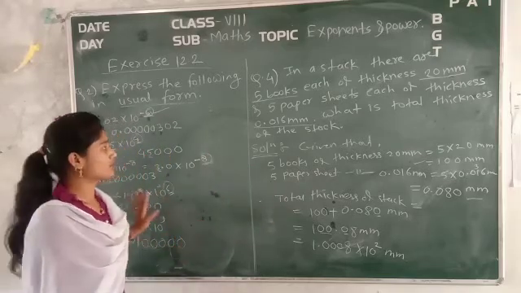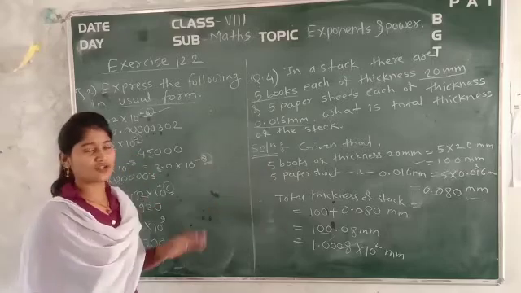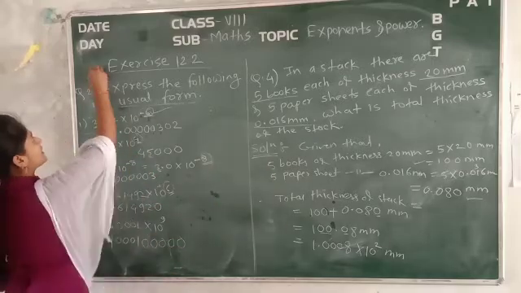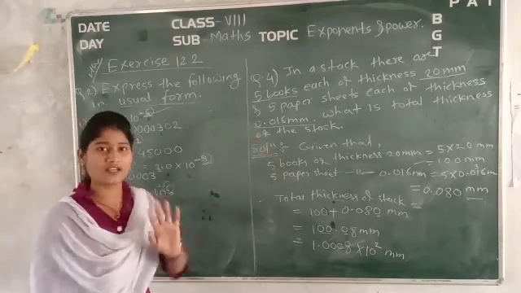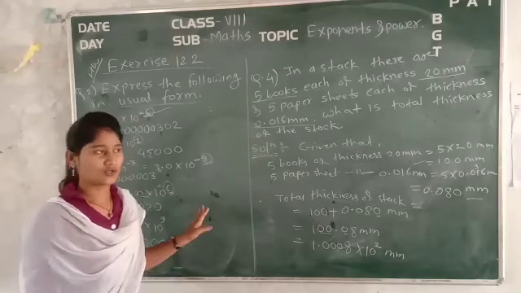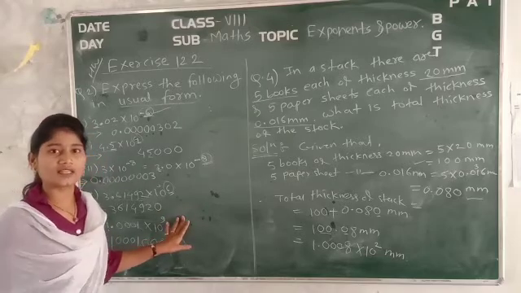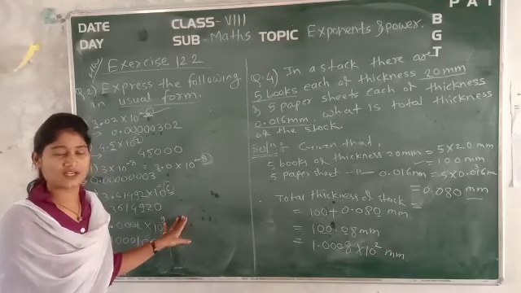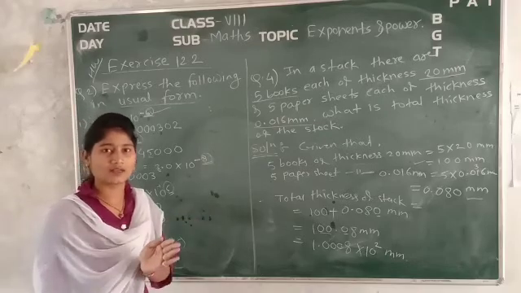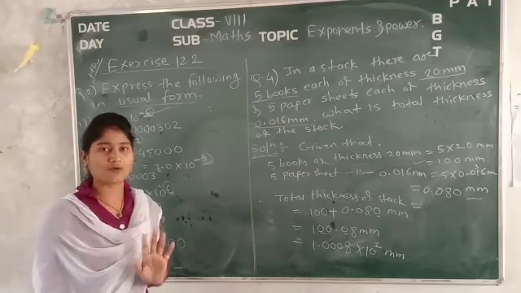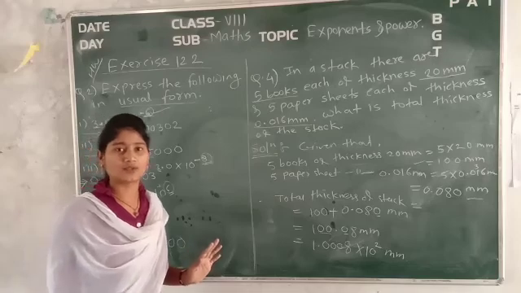Okay, clear? Now just write down all these things, and what is your today's homework? Complete this exercise 12.2 and complete this whole lesson if someone has remained to complete it. Okay, so just do it all, and in the next session we will see the next lesson, that is square roots. So prepare square roots, that is from 1 to 30. Okay, from number 1 to 30 you have to know the squares and square roots.